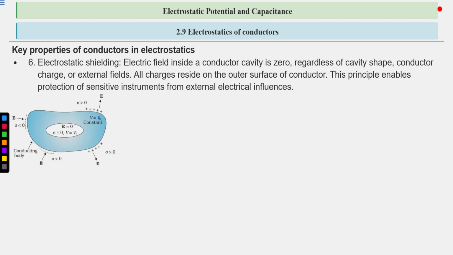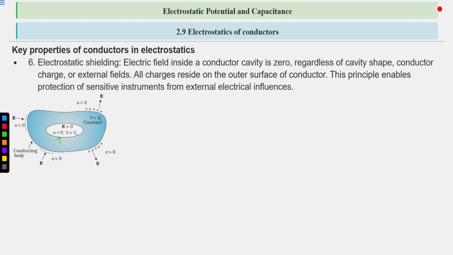Okay, this is the diagrammatic representation of a cavity. So this is the cavity. This is the charge distribution on the surface of this conductor. This is a conductor of irregular shape, and this is a cavity, also not of any particular shape, it can be of any shape, regular or irregular. Okay, so these are the charges on this